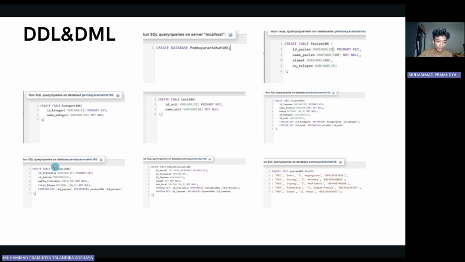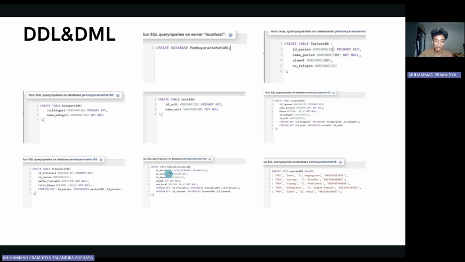Then we create table transaction, which contains ID transaction with the primary key, and then ID patient, waktu transaksi not null, total biaya not null, and the foreign key ID patient references Patient 186's ID patient.